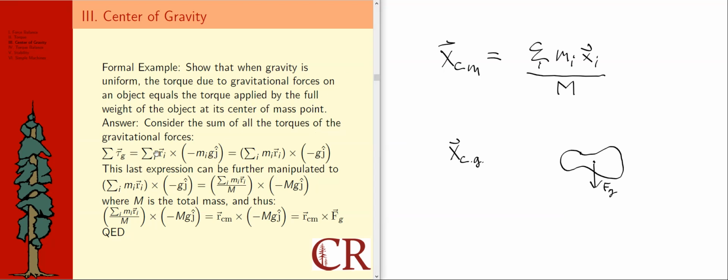Actually, let's stick on this window here. This is quite a bit of geeky math, I think, and I mean that in the most positive sense. But anyway, it says here, consider the sum of all the torques of the gravitational forces. Oh, my goodness. Well, let's see. We're talking about summing up torques, right? And that's what was in that Wikipedia definition. We're talking about, therefore, moment arms with weight forces.